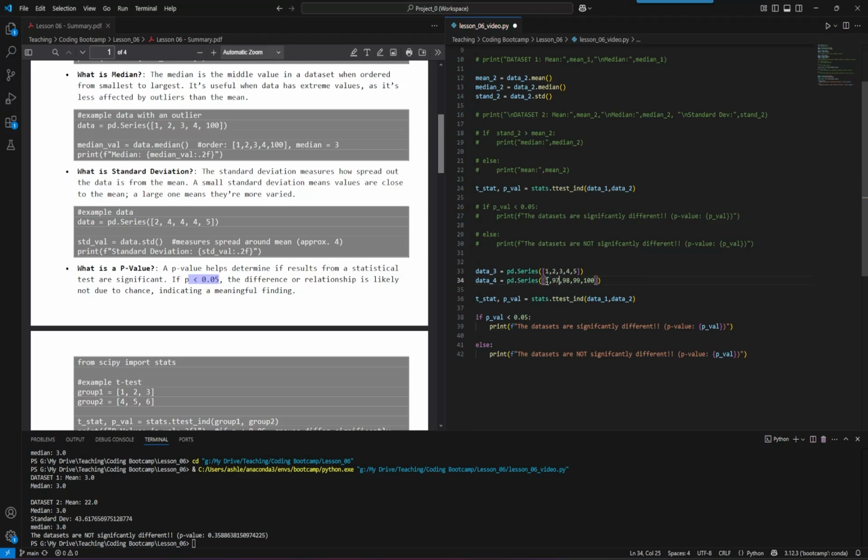Okay, and then we're going to come here, 96, 97, 98, 99, 100. Okay, so these are very different data sets. One's the first 5 numbers and then the last 5 numbers. So ideally, these two we would think would be very different, but in order to say that, we need to